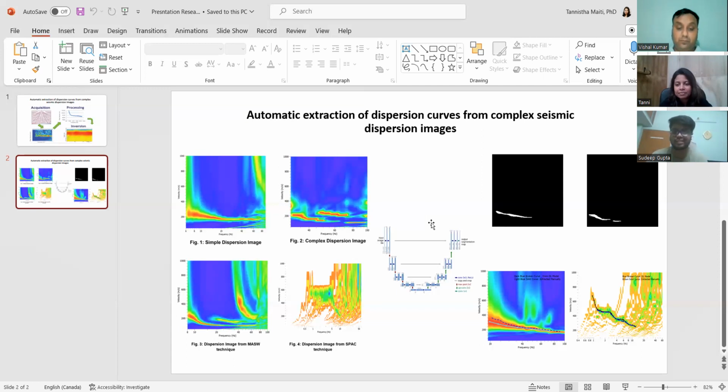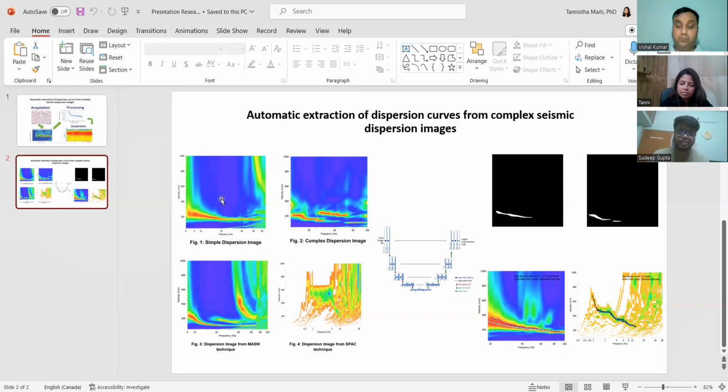There was already a paper which has done similar work on simple dispersion images, and they had the data set. The 25,000 that I'm talking about was on simple dispersion images. The author was kind enough to provide me the training data set for it. This is actually synthetically generated. The one on the top left is synthetically generated, and then I actually added complex dispersion images,